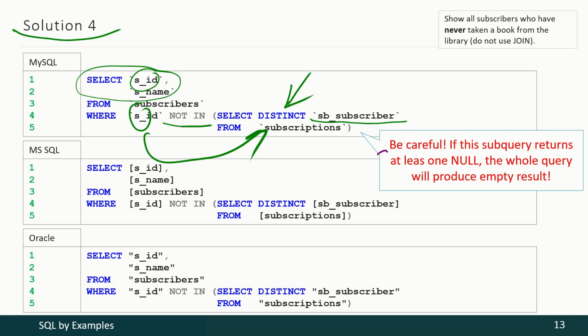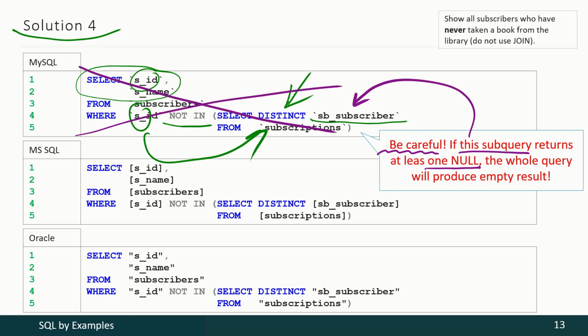And you should be extremely careful here. If the result of this subquery, here it is, contains at least one null value, the whole behavior of the DBMS is the next. It returns an empty data set. This is not a bug, this is the expected behavior of a DBMS, of any DBMS. So if you do not want such DBMS behavior, you have to use special functions to transform null values of this field to some predefined constant value. And now we shall see how this logic works.